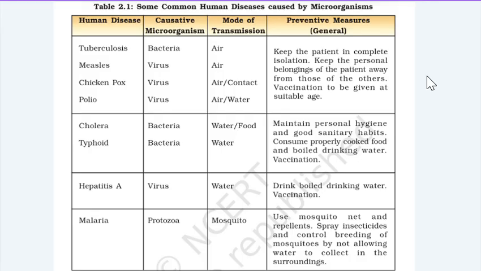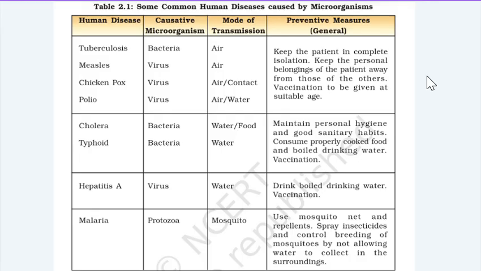They can be prevented using vaccinations. Hepatitis A is caused by viruses. The mode of transmission is water. The preventive measures are to drink boiled drinking water and get vaccinated. So basically, this occurs due to water. Hepatitis A and even, yeah,